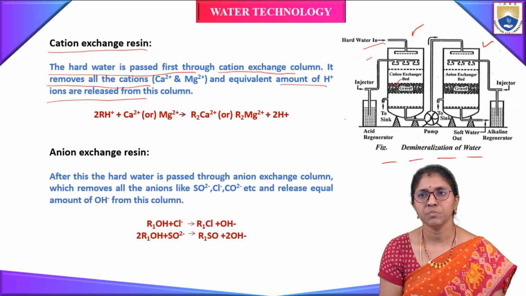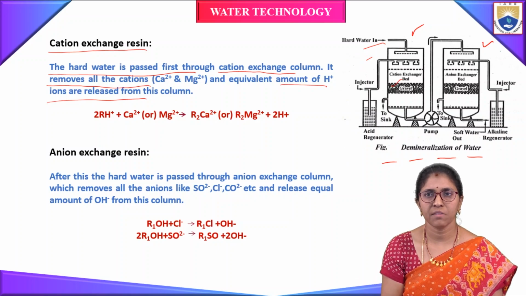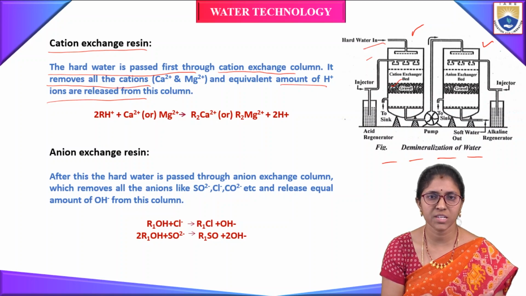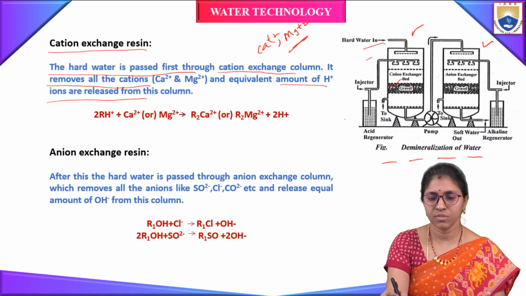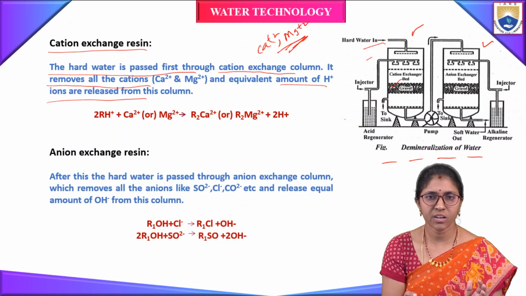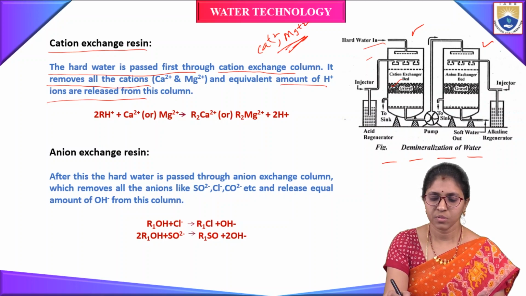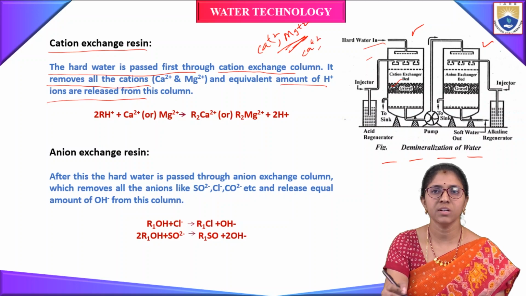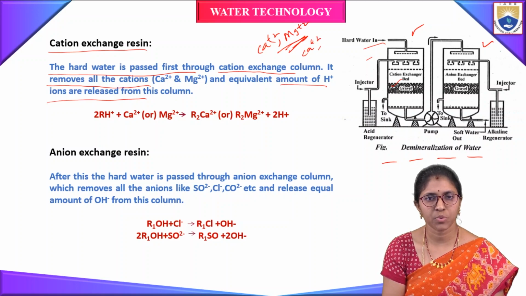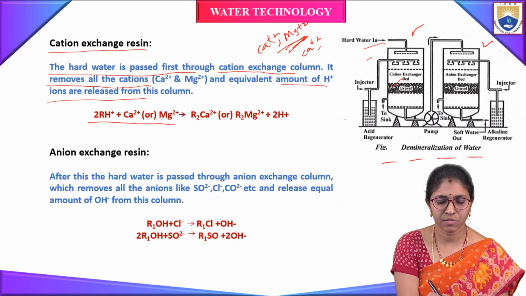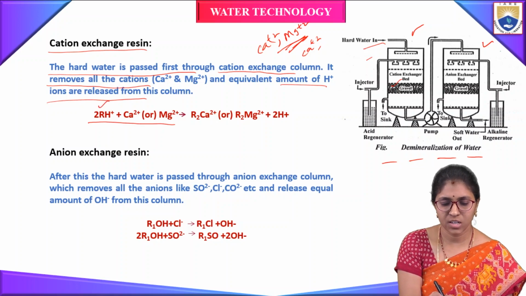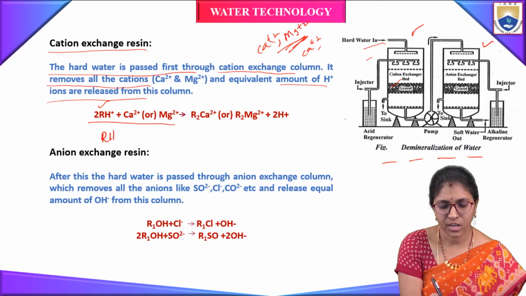cation exchanger bed, which has H+ ions. This will replace the cations present in water. Mostly we have calcium 2+ and magnesium 2+, which cause the hardness of the water. These are removed by the cation exchange resin, as Ca2+ and Mg2+ are replaced with the H+ ions present in the cation exchange resin. Here the reaction is, we indicate the cation exchange resin as RH+,